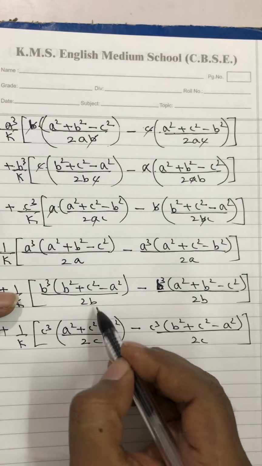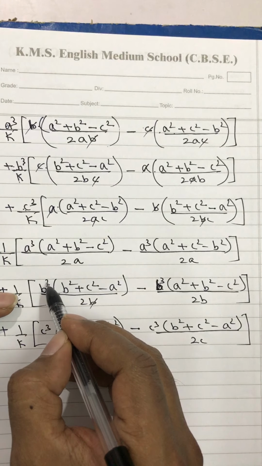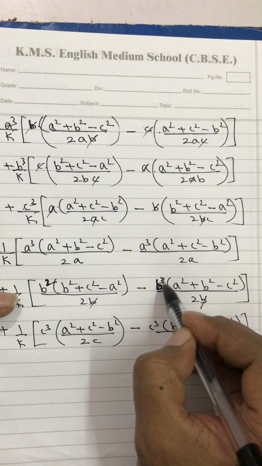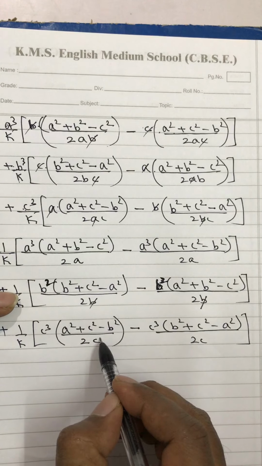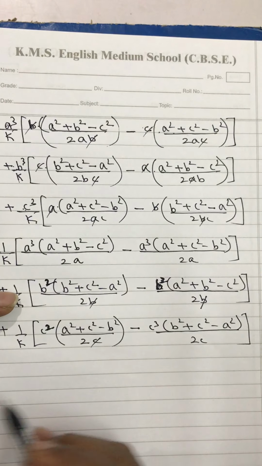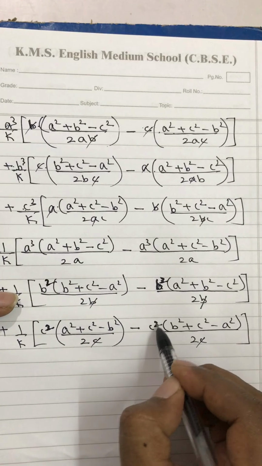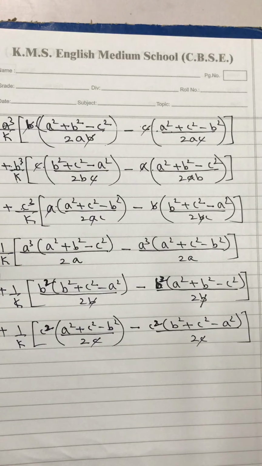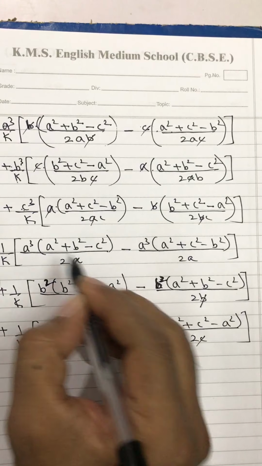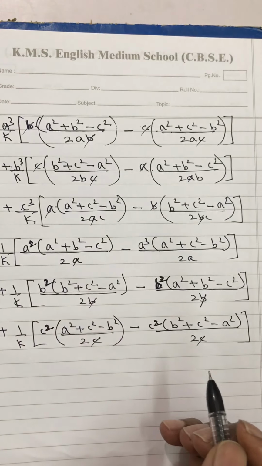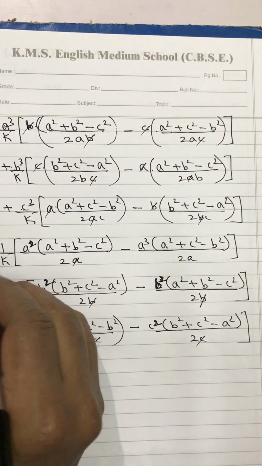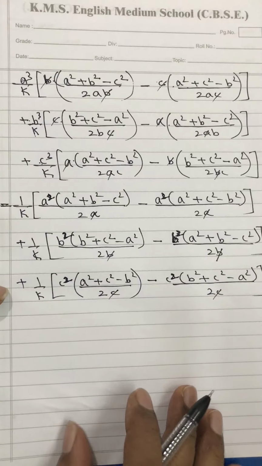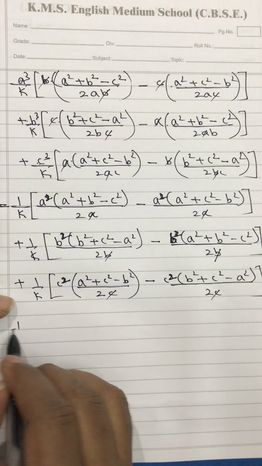Fine. Again if you see this B and this B cube will go, B square will stay. Here this B will go, the B square will stay. This C will go, then C square will stay. This C will go, then C square will stay. Okay, so now what we get over here, here also A will go, A square will stay, A will go, A square will stay.